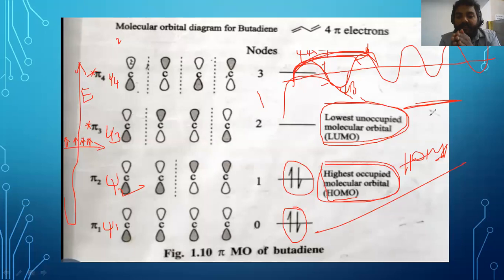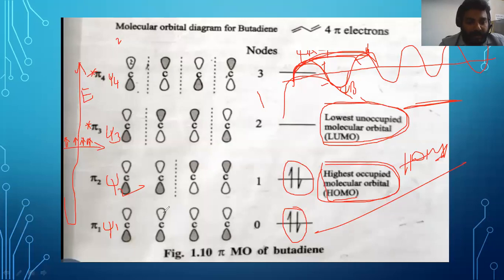We cannot draw the line. There is no possibility of node in between the orbitals. There is no node, so more attraction between the nuclei. Where is the attraction? Bonding orbitals have more attraction. That's why it is more stable, with less energy. Electrons cannot jump to a higher energy level; due to lower energy, they stay in the lower state.